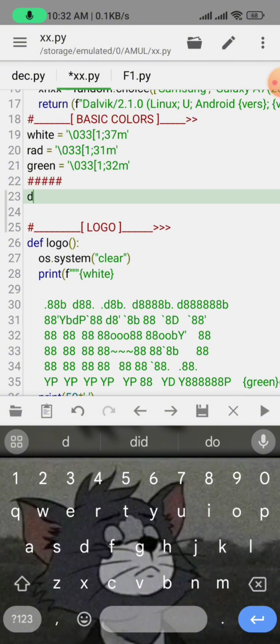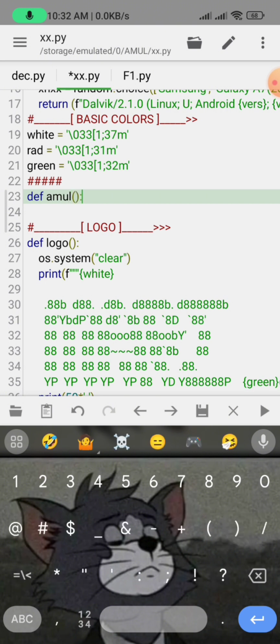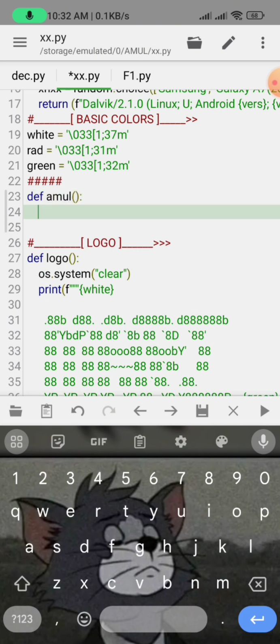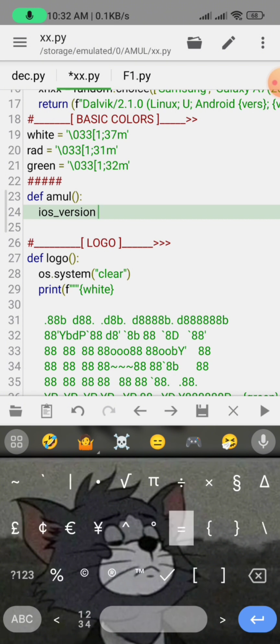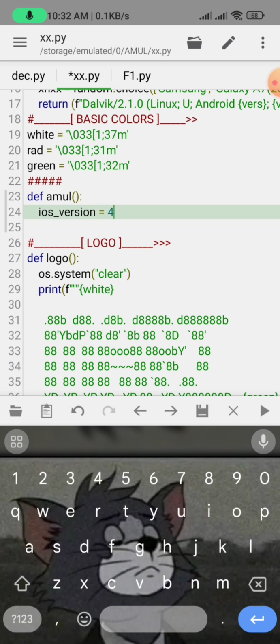Okay, let us define a few variables. Let me define with Amul. Okay, close bracket or open bracket, this notation. Then after that you need to define iOS version. You can define anything. I am defining iOS version because I am using iOS version. Let me choose random.choice. Okay,